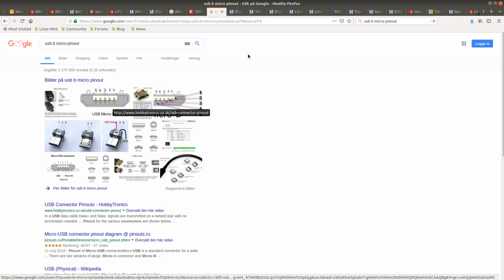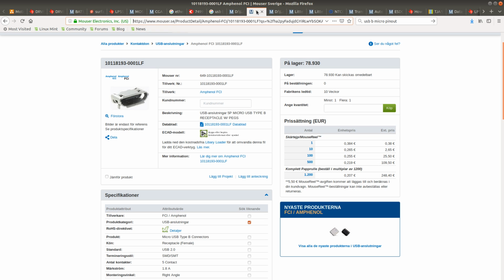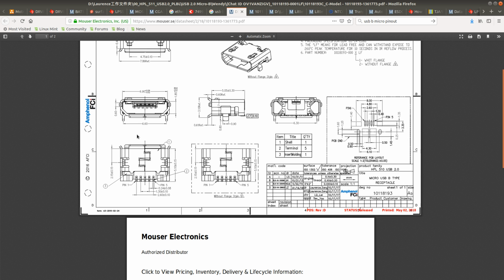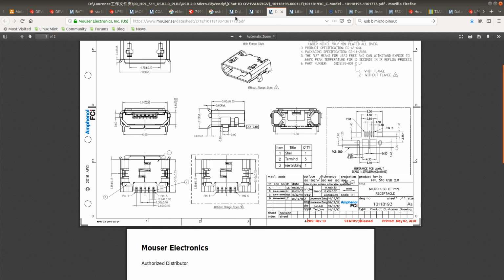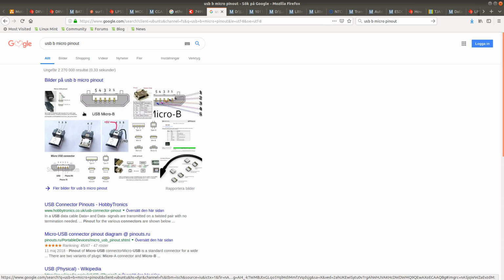Right. What we have to check here is, so this connector has the slimmer side on the bottom there, which means that pin number 1